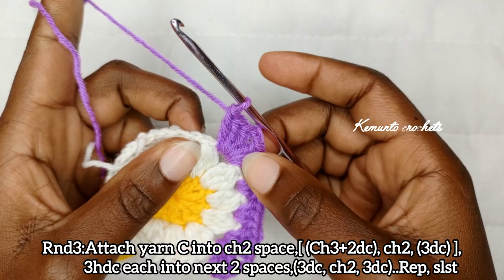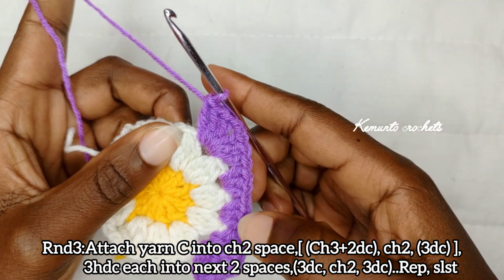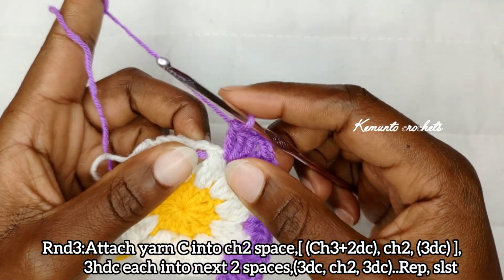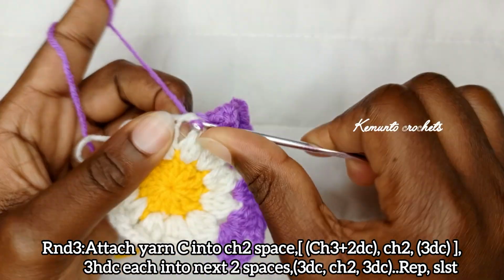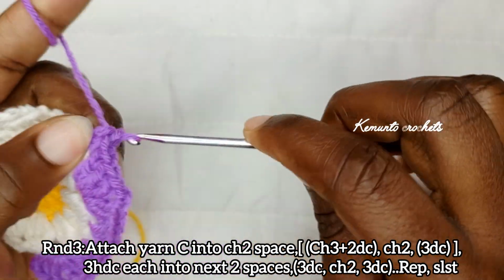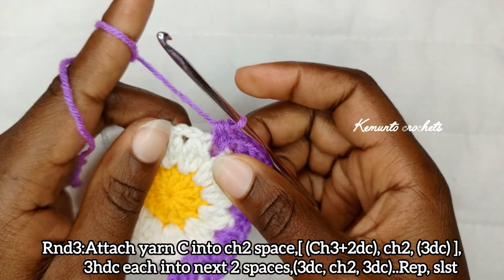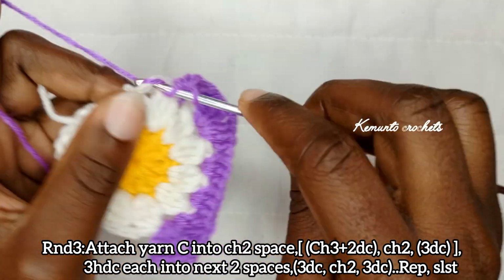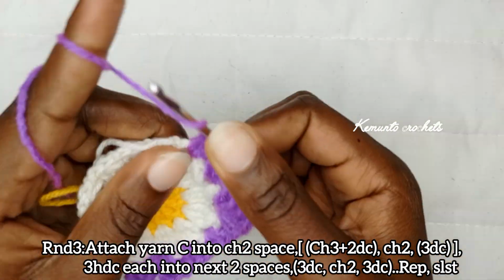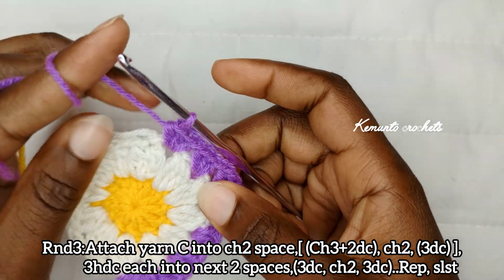and into the next chain 2 space, we'll be repeating the other 2 half double crochets. So place 3 half double crochets, 1, 2 and 3, and into the next chain 2 space, place 3 more half double crochets, and then we create a corner